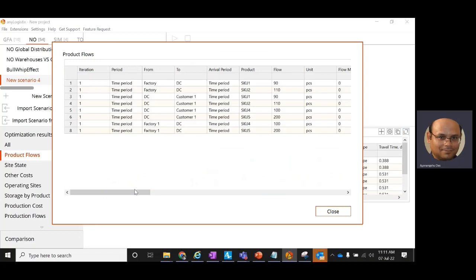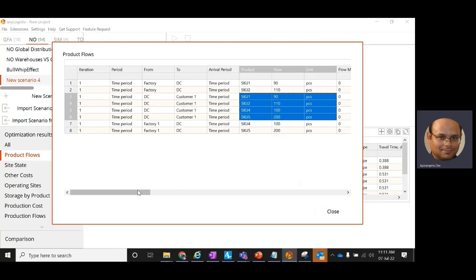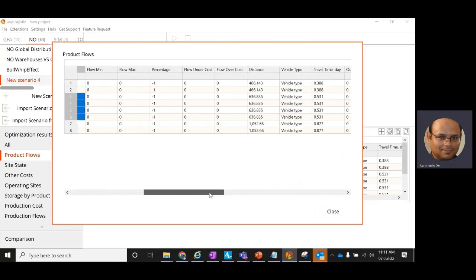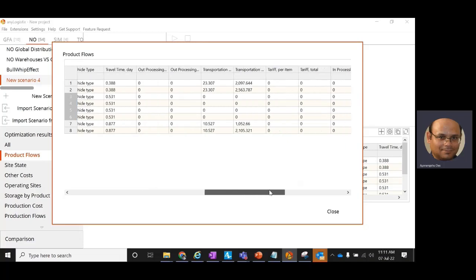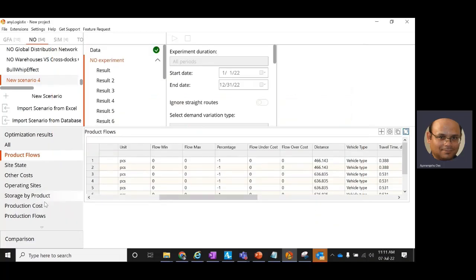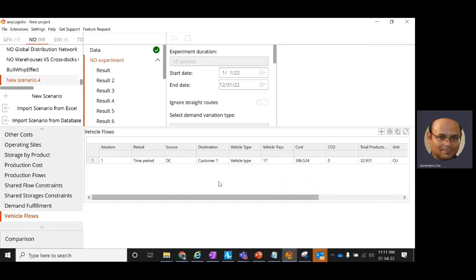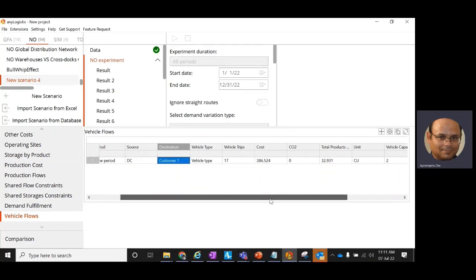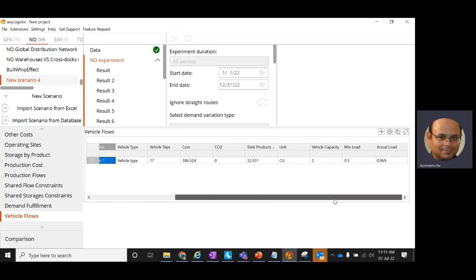We only understand by the cost it has taken. Because the same vehicle is being used for both FTL and LTL, we would understand that there is an LTL shipment from DC to customer, but we don't know which